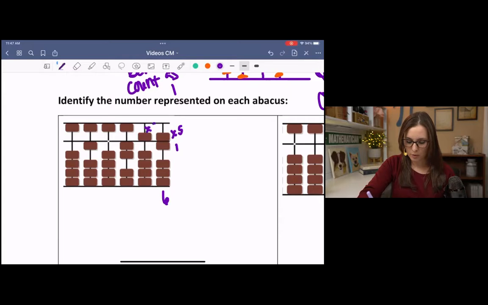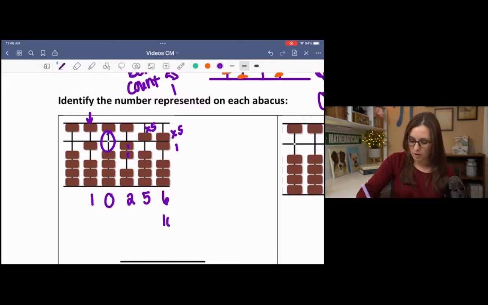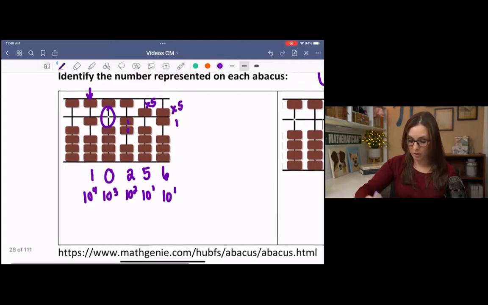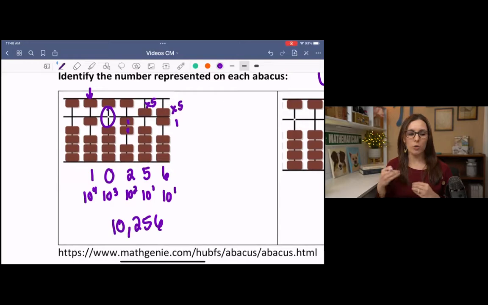Next one, this is times 5. There's nothing below, so that's just 5. Next one, there's no beads above, so there's no times 5, which means this is 1, 2. On this bar, there's no beads at all, so we put a 0. And then in this position, there's only one bead below, so that's 1. So this is ones, tens, hundreds, thousands, 10,000s. And our number is literally 10,256. And they would use these to do arithmetic. We won't cover that in this lesson, but just to kind of show you how to read an abacus,